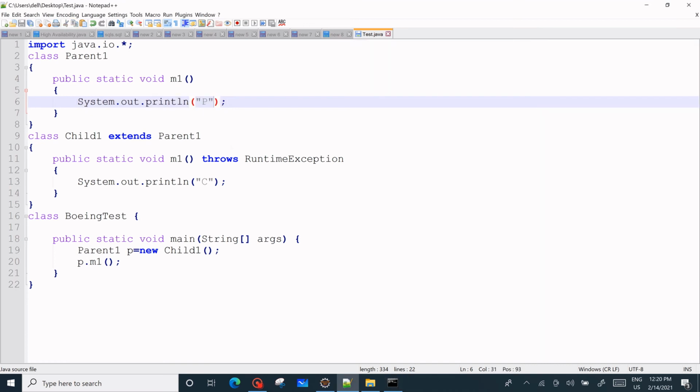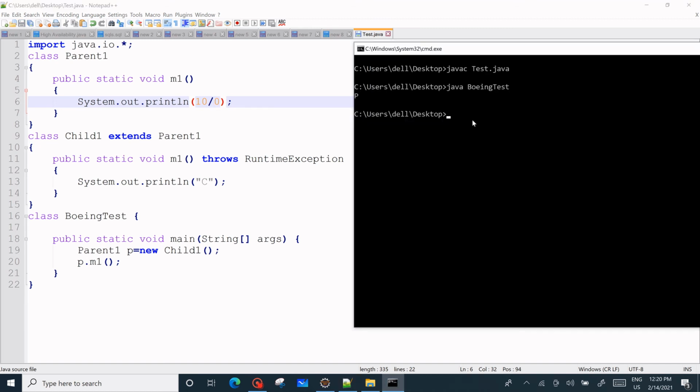But if we change something different, if we write 10 by 0, can you tell whether it will compile the code or not? Take some time and think. Now I am going to tell you. When we are compiling, it will not give you any error, because RuntimeException is an unchecked exception, so it will not come at compile time.